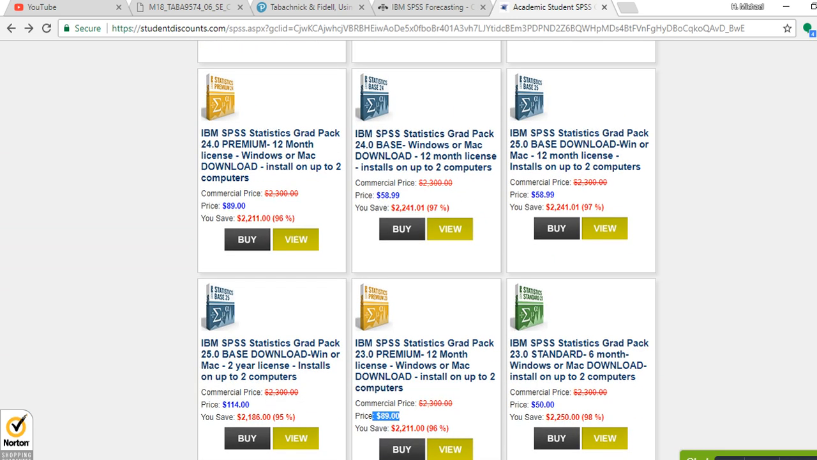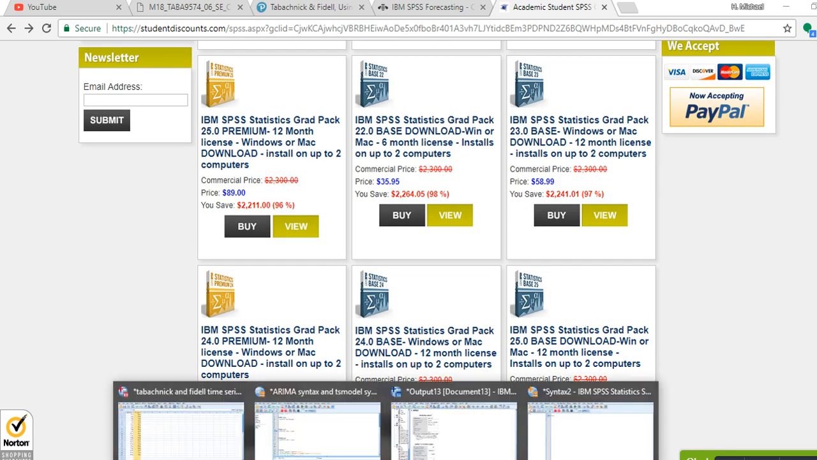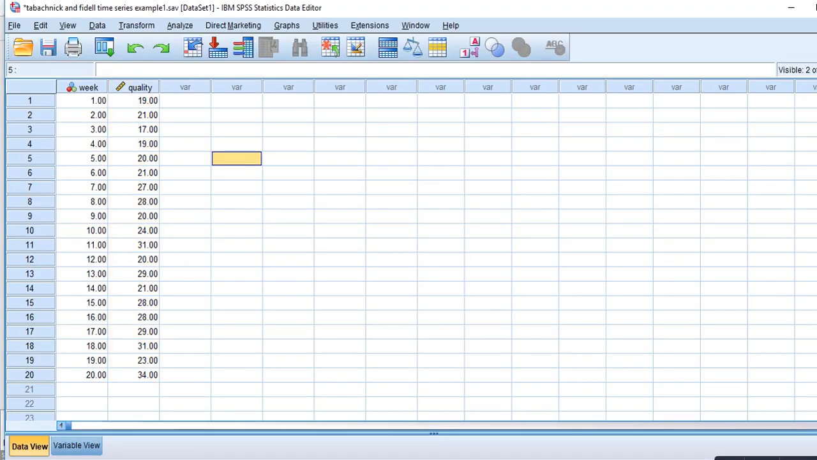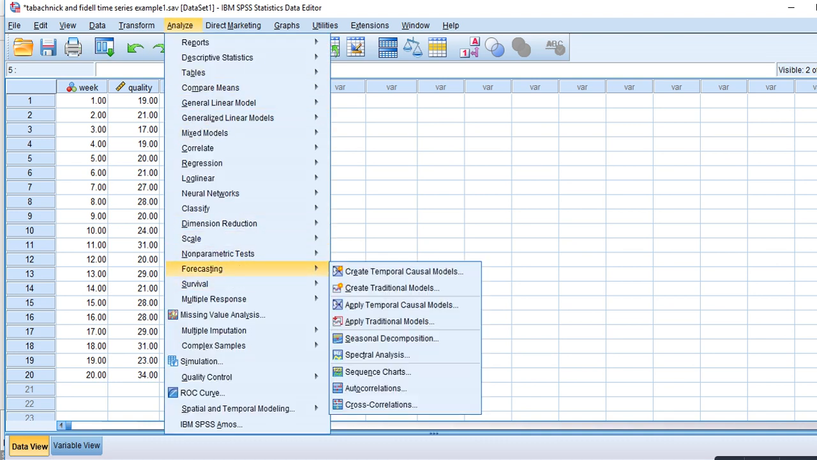And then obviously a 6-month would be probably a little bit cheaper than that. But at any rate, let's take a look at running those two models that we previously ran using syntax. So the module is essentially a grad pack version of the program. And so what I'm going to do is go to Analyze, go down to Forecasting, and you'll